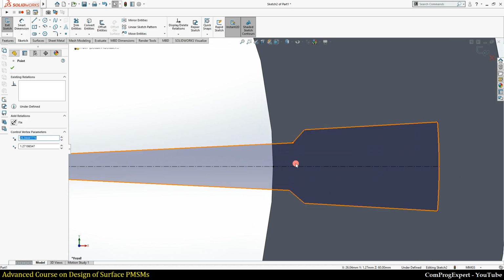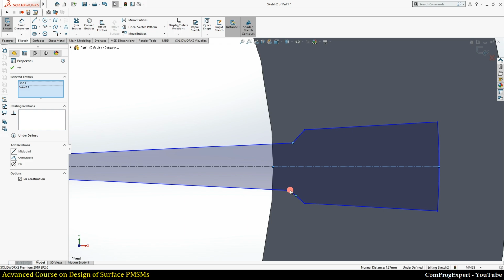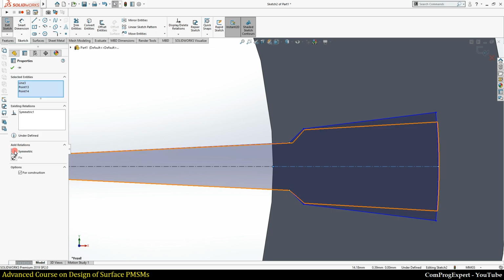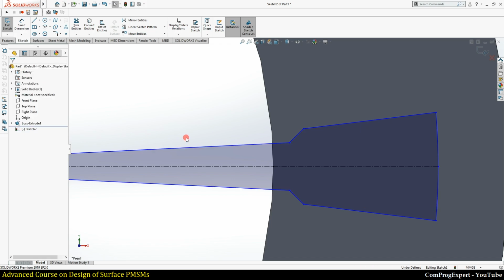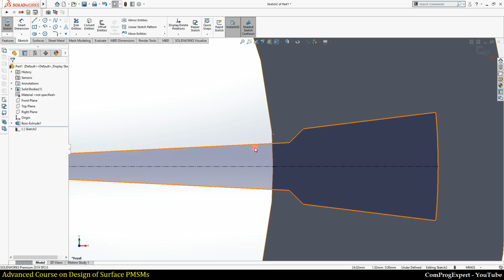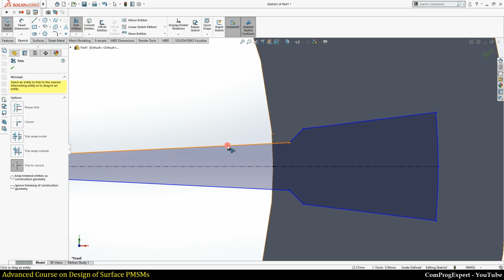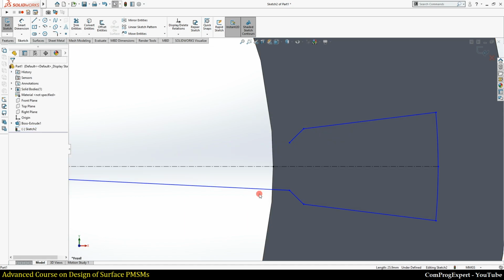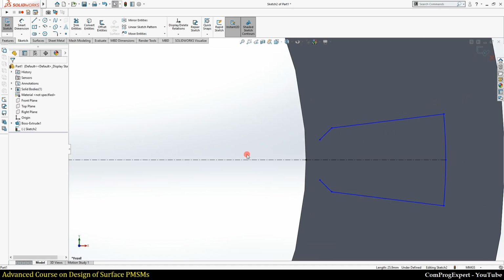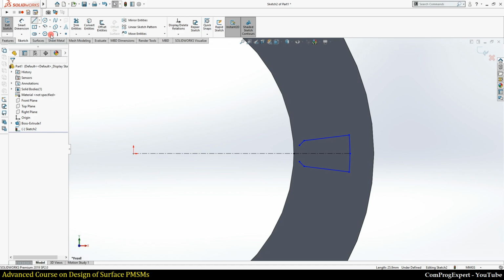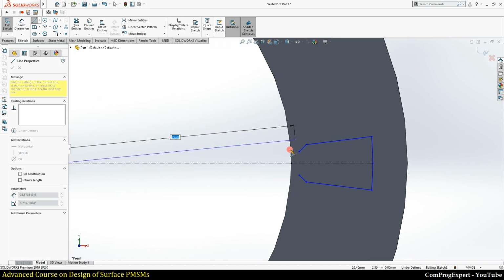Also, this point, this center line, and this point, we can apply the symmetric relation. Yes. Okay. Because I want to apply another dimension, let me trim this quantity, or I can delete these two lines and draw new lines.